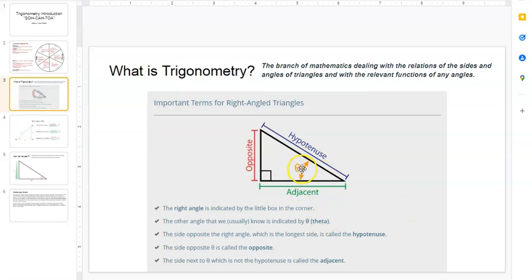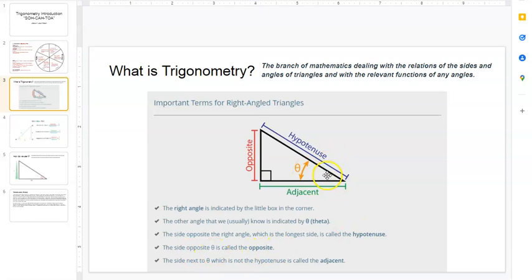So we're going to be using that symbol as an unknown angle. The side opposite the right angle, which is the longest side, is called the hypotenuse. We've got that down. The two things we need to become more comfortable with, though, is the side opposite theta